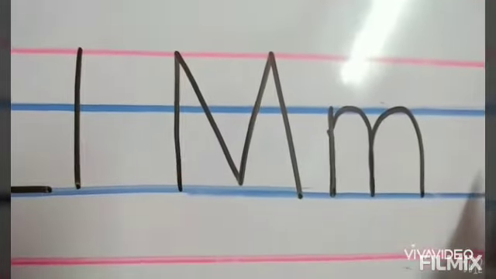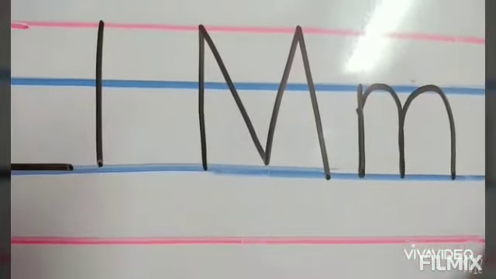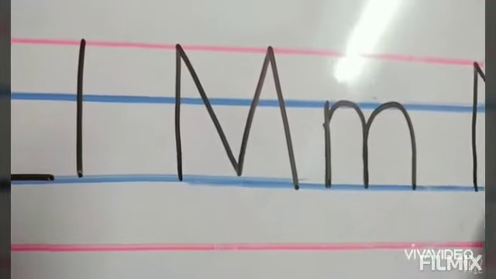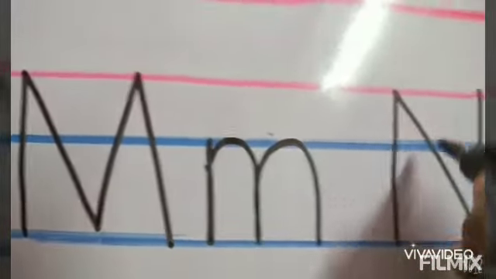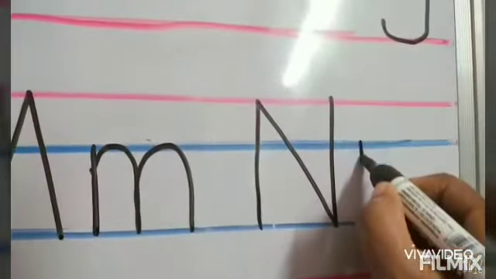Okay, now go for N. We need to write again from down to up, come down, go up. And see, you need to write from go up and come down, again go up. Now we write a baby n. Write in the same way like m also, standing line, and you need to write a down curve.